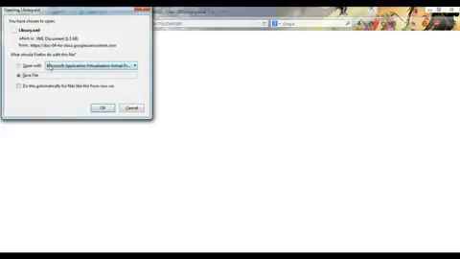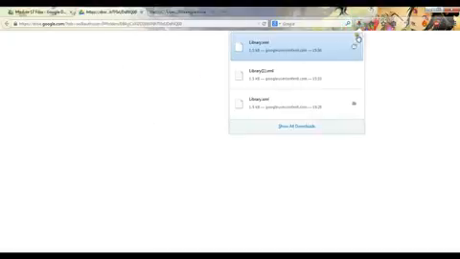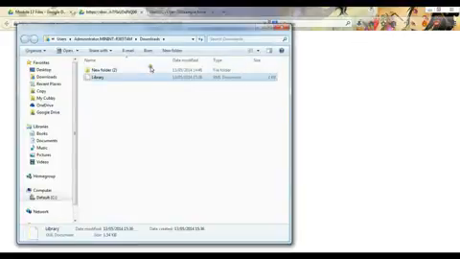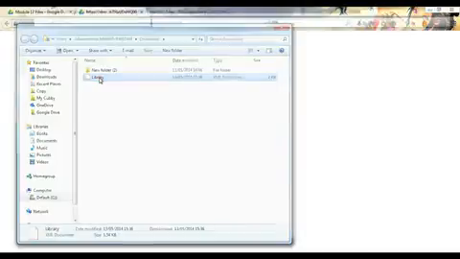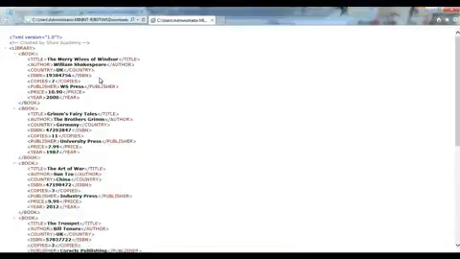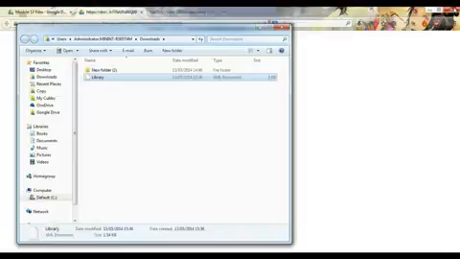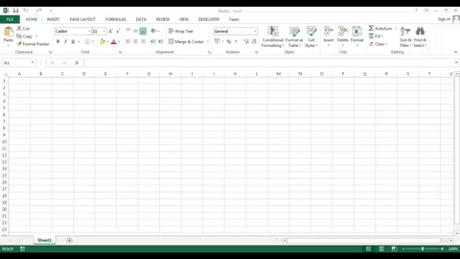the window opens, prompting us to save the file. If we click OK, then navigate to our Downloads folder, there's our library XML file here. If we open this file now, we can see how an XML file is sorted and all its raw data. Once we're happy that the XML file is downloaded, we can close off the Downloads folder, go back to Excel,